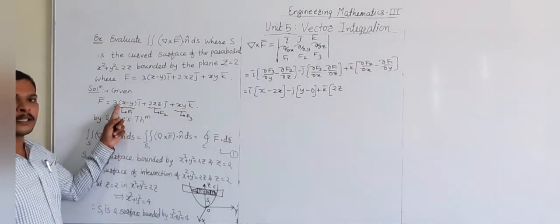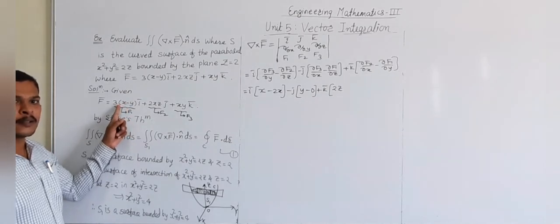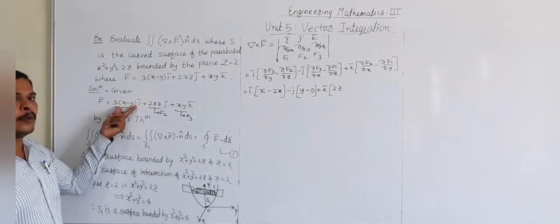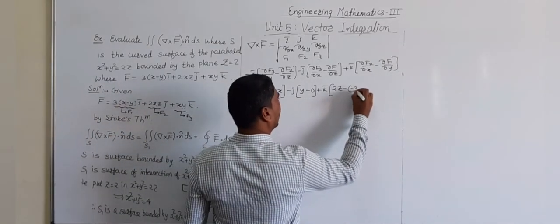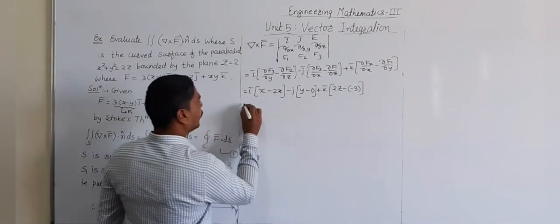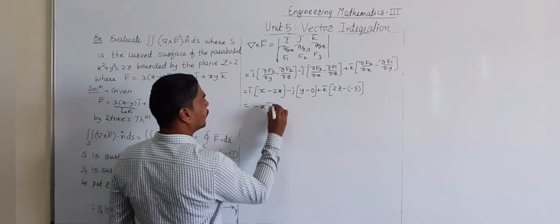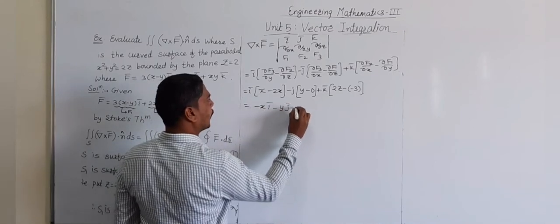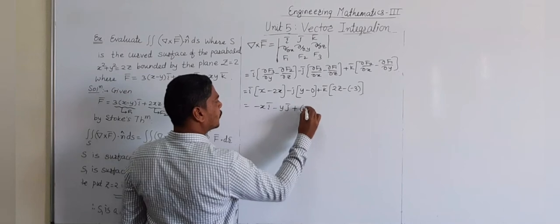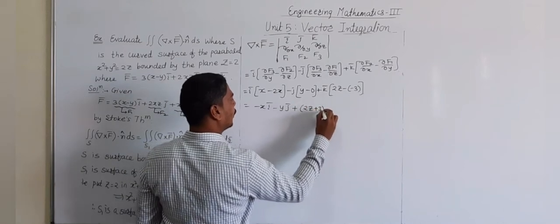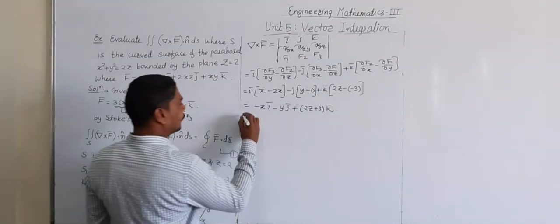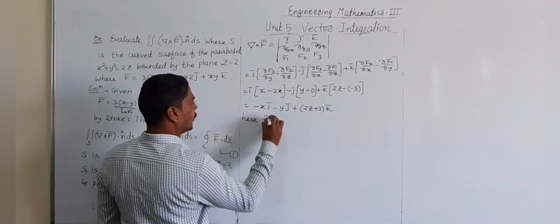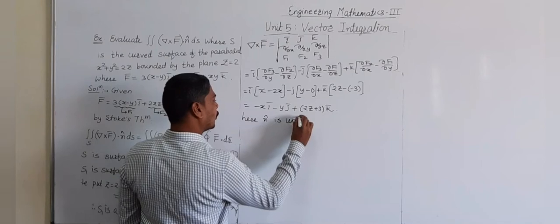So derivative of x is 0, derivative of y is 1 with minus sign, that means derivative with respect to y becomes minus 1 into 3, which is minus of minus 3. So in that way we get minus x i bar minus y j bar plus 2z plus 3 into k bar. So this is our del cross F bar, and here n cap is unit